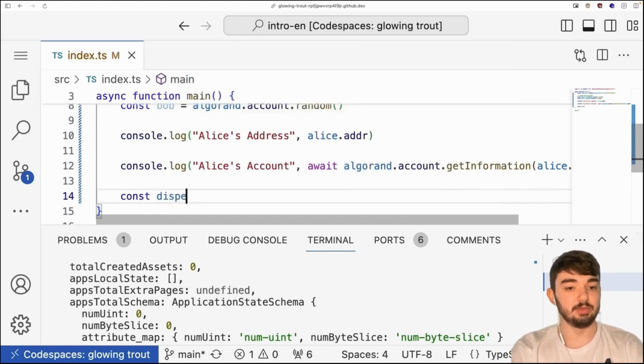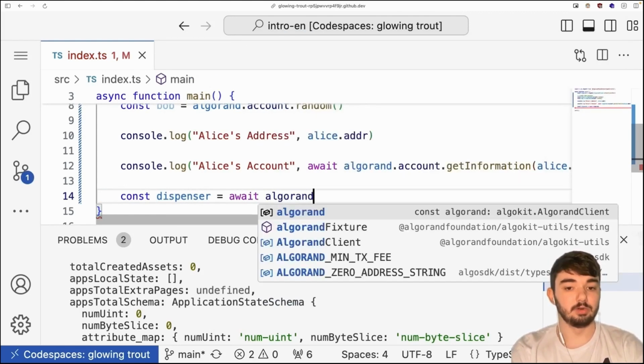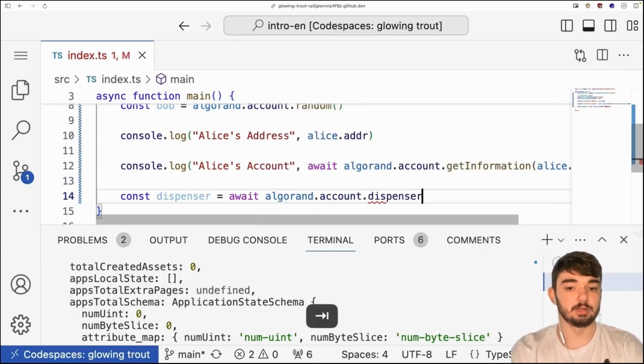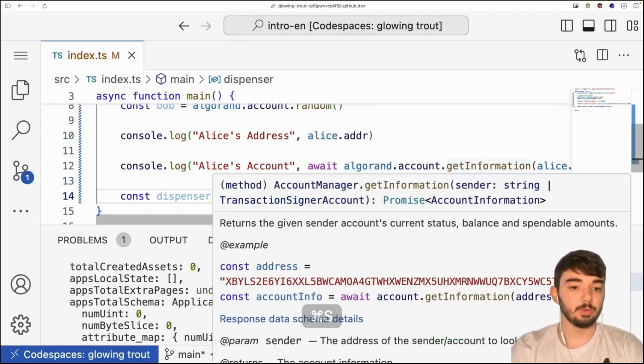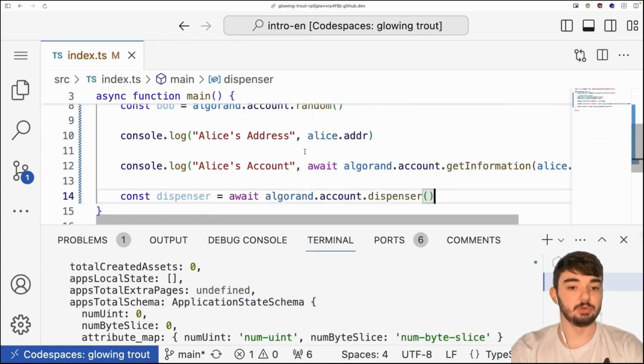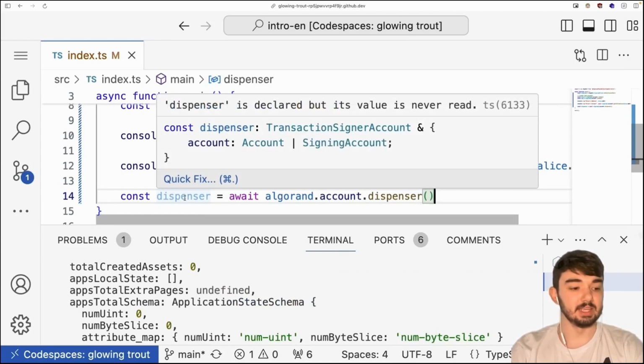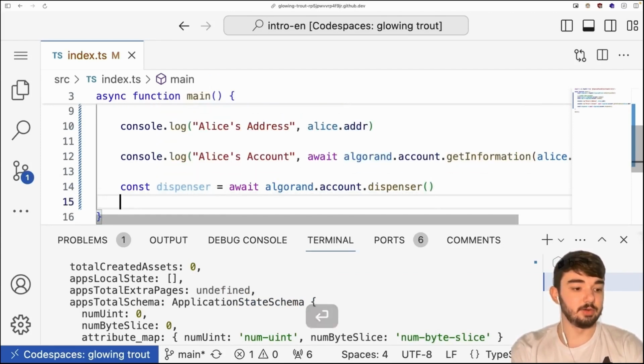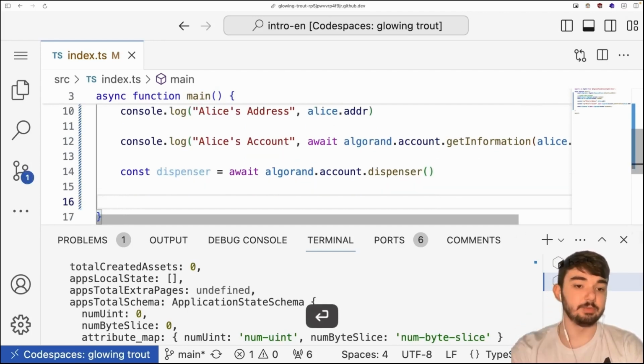So I'm going to save a dispenser account in a variable. Dispenser equals await Algorand.account.dispenser. What this is going to do is give me, in my dispenser variable, an account that can fund Alice. And so now what I'm going to do is send money, or in particular, send Algo from the dispenser account to Alice. I'm going to do an await